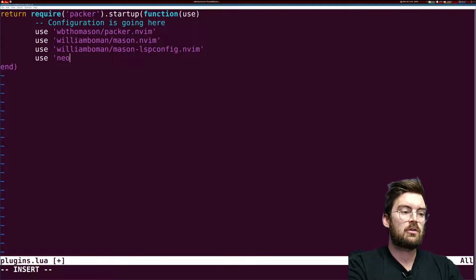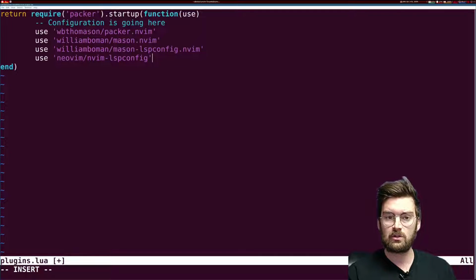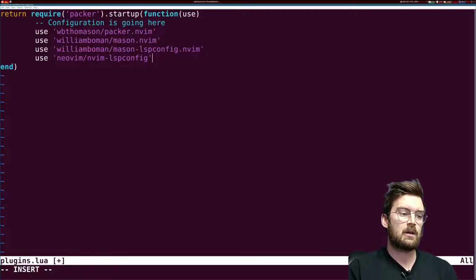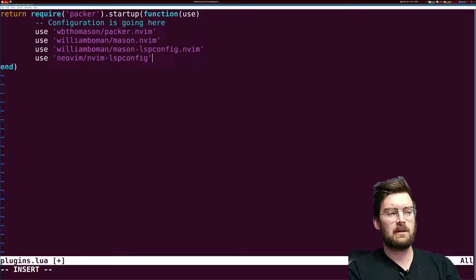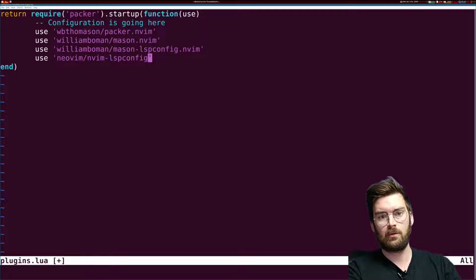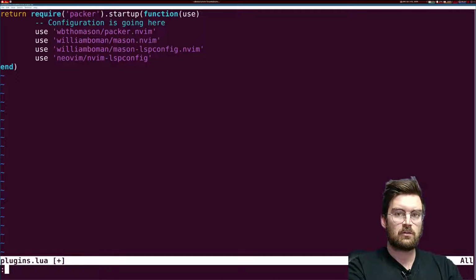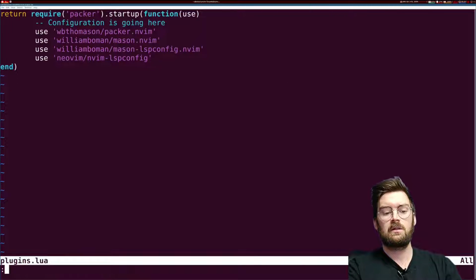And then we will also download a plugin called Nvim LSP config. Now LSP config is used to run different language servers, and it's needed for these plugins to run properly. So once we have added these plugins, Mason to download and help us set up LSPs, and NeoVim and LSP config to configure them. Once this is done, let's exit the insert mode by pressing escape, Shift: and write the file. If we do Packer sync now, it won't actually,